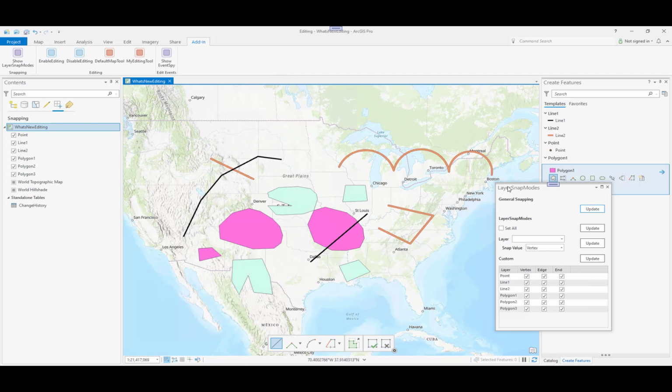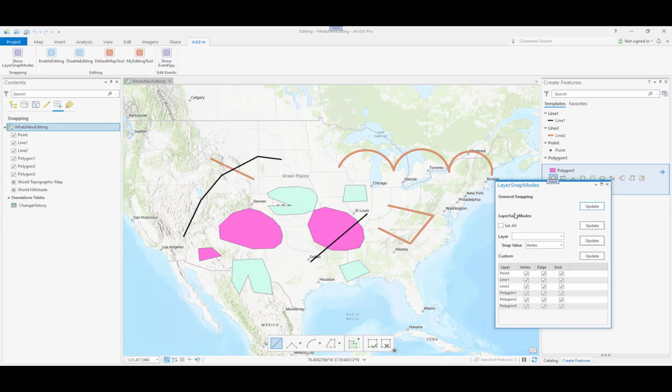So now that I have my general snap mode set up, let's go ahead and try and refine this with the layer snap modes. By default, all of my layer snap modes are turned on. You can see this here in my UI, in my grid down here in the bottom of my doc pane. So perhaps I want to turn them all off all at once. So I'll click this second button